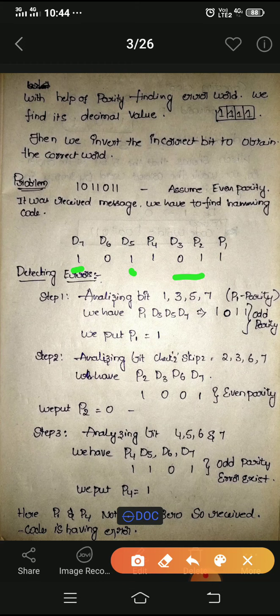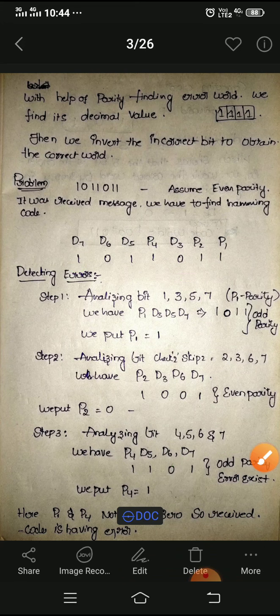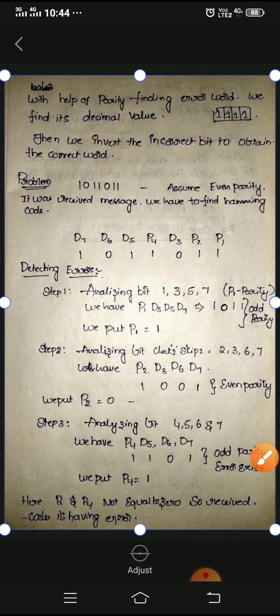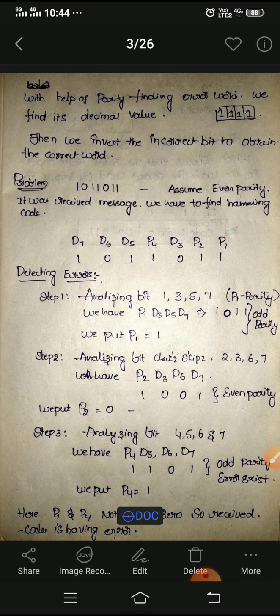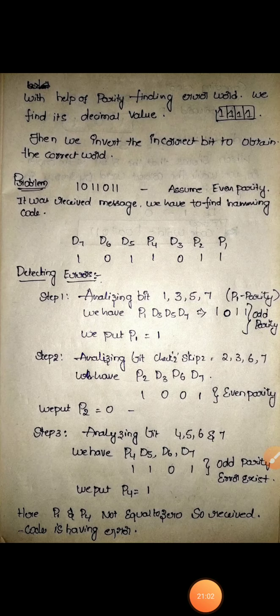So next one is analyzing 4, 5, 6, 7. We have to take the parity 4 bit, so analyzing the parity 4 bit, it is P4, D5, D6, D7.